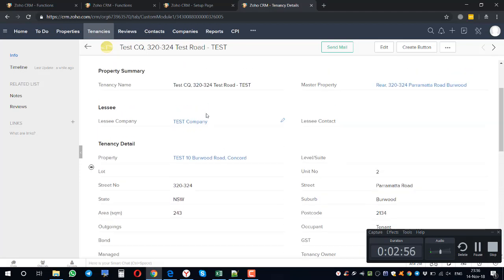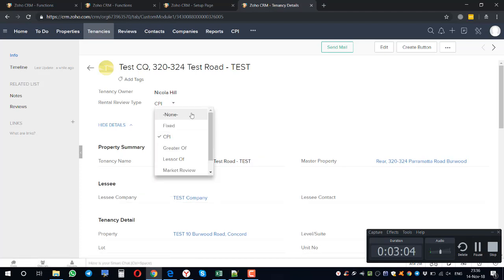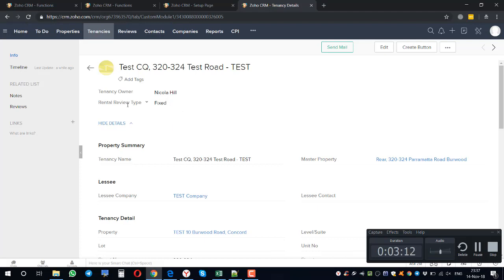So now we have a few rental review types, and let's start with the first review type, which is fixed. When you set this type of review, your review will be calculated via a fixed formula. I mentioned that I've now created a test mechanism which allows you to test those math,